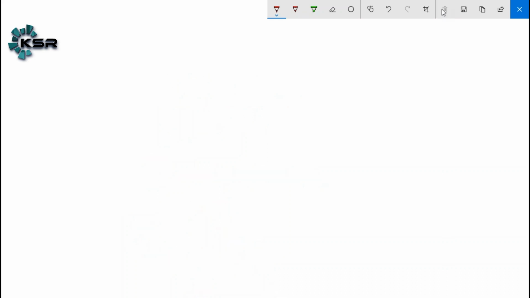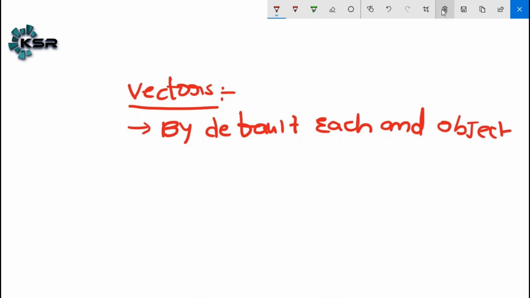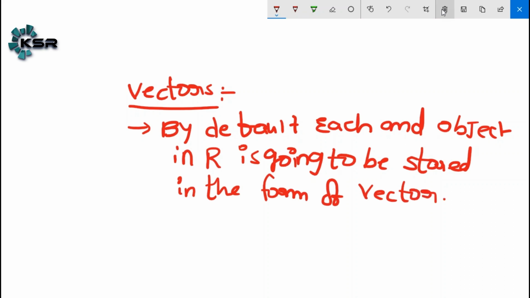First one will be vectors. By default, each and every object in R is going to be stored in the form of a vector.